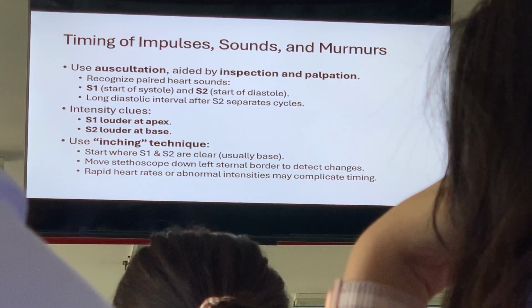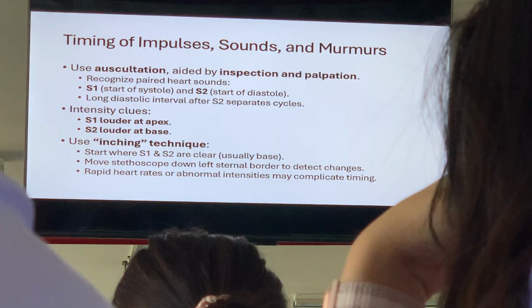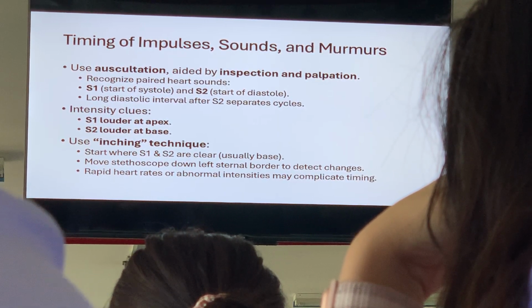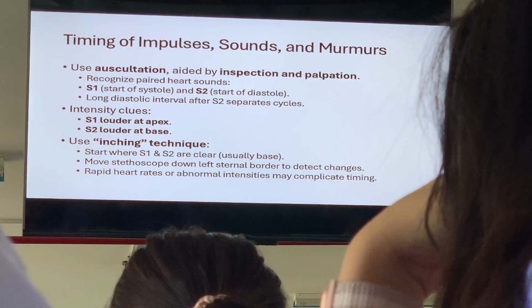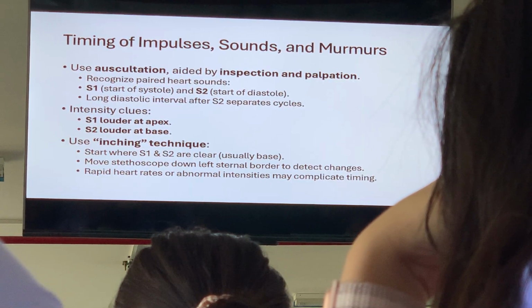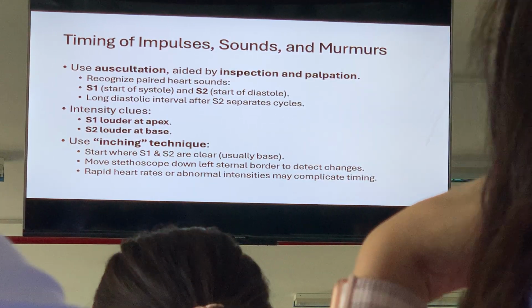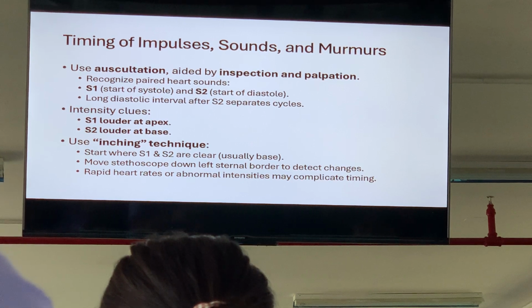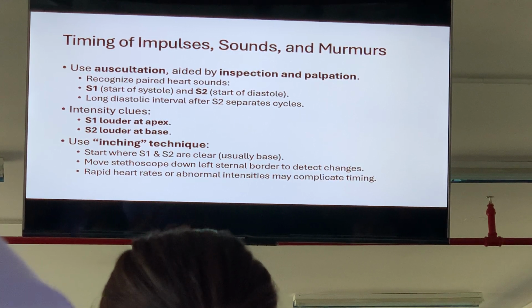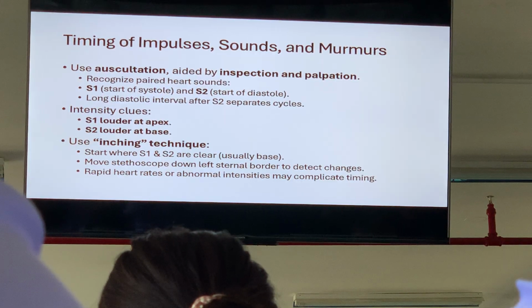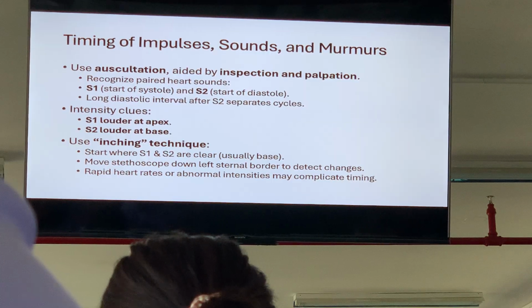So you can use your inching technique. You slowly move the bell or the diaphragm of your stethoscope to hear clearly the heart sounds. But you have tried listening to your own heart sound. So you know what an S1 sounds like. Loud, so it's really loud. Just remember that one. A technique there is just to repeat in your head, loud, loud. Anything loud is S1, anything loud is S2. Beyond the loud and loud, that's abnormal.